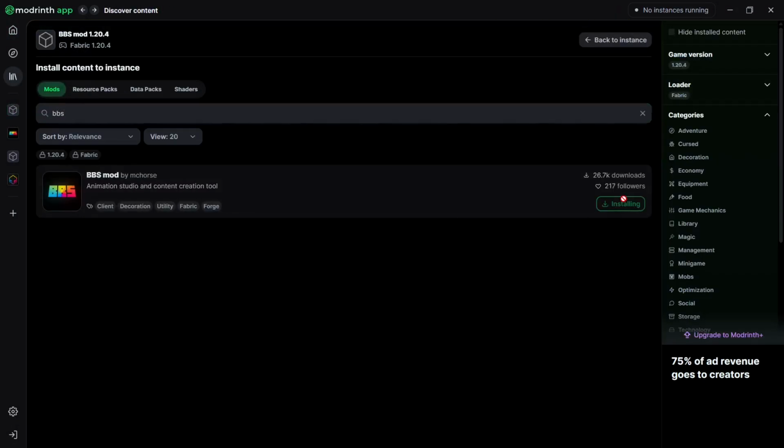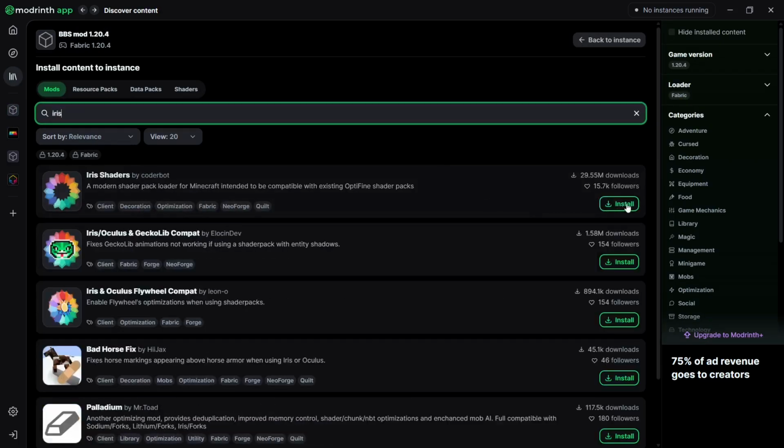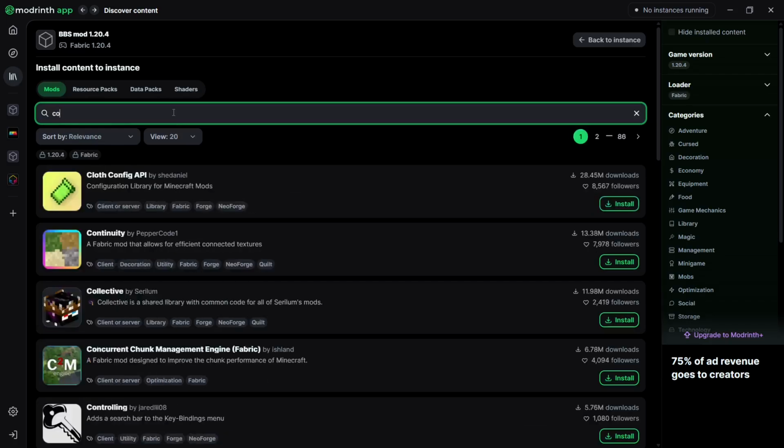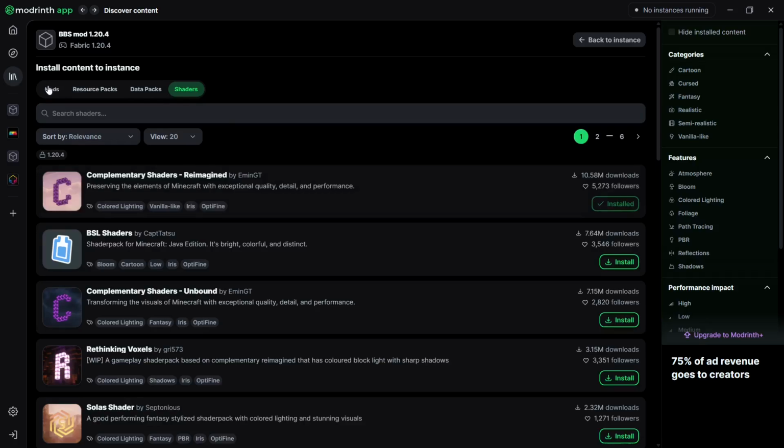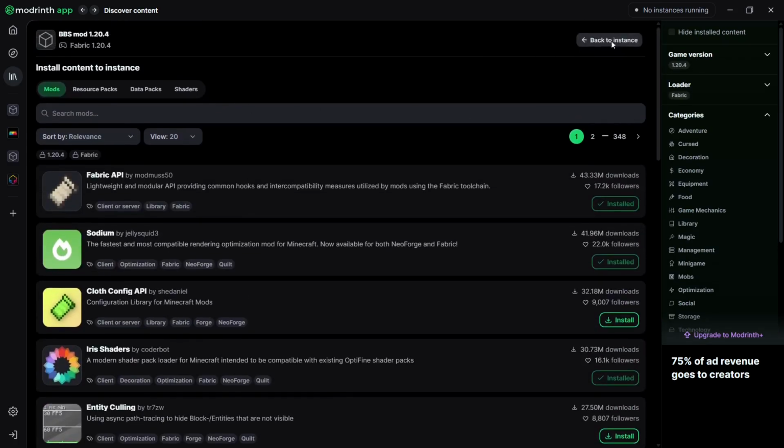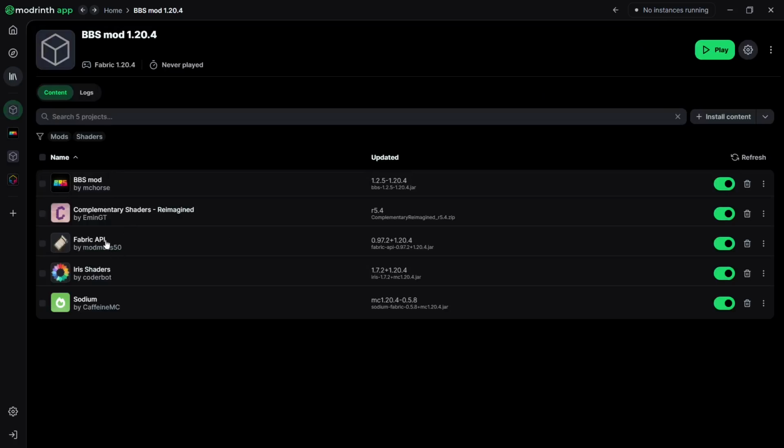What you need is BBS mod and then Iris. And I also use Complementary, which is a shader pack, for example. Once I installed these 3, I go back to the instance, and I would get BBS mod installed with Fabric. As you can see, you don't need to install Fabric by itself. And when I install Iris shaders, I also get Sodium. Sodium is an optimization mod. Without it, I get fewer FPS, while in vanilla I get 60 FPS. But with Sodium I get like 400 or something like that. It literally improves the performance. And Iris is for shaders. This is all you need for